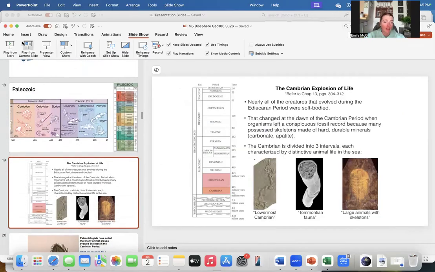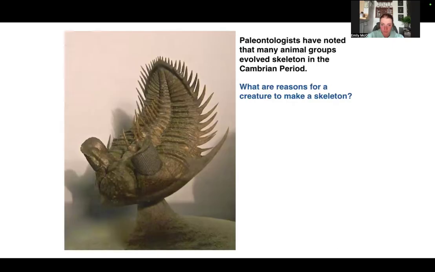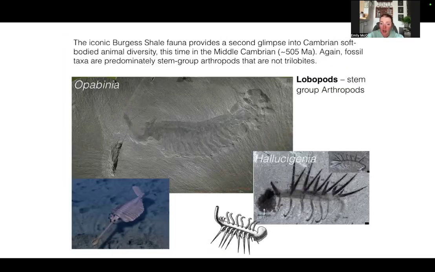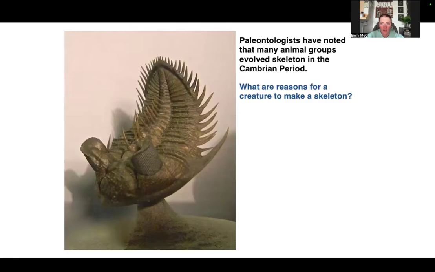So this Cambrian explosion of life was a really big deal because at the beginning of the Cambrian period, here in our Paleozoic age, we started to see shelled creatures and hard parts being left behind. Many of these organisms began to evolve hard parts, and that's because it allowed for